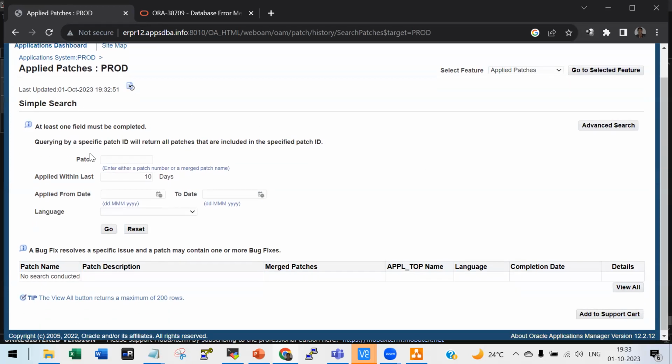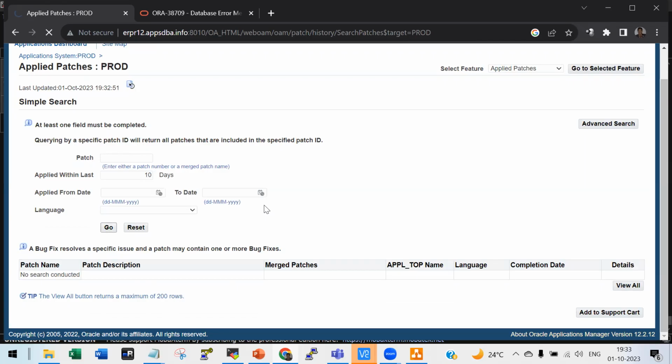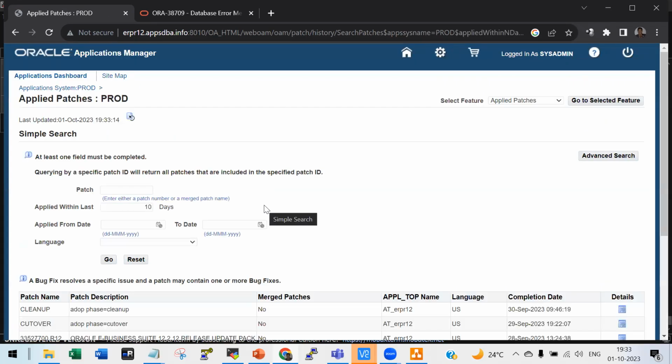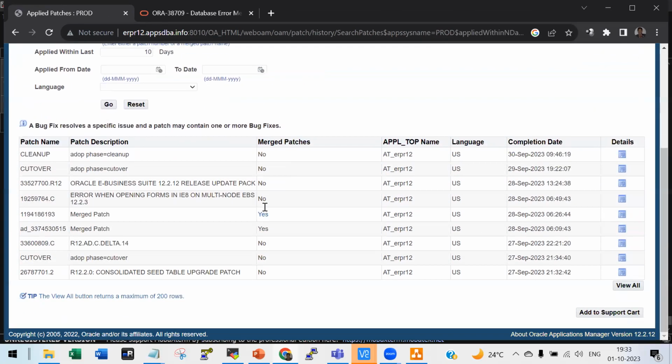Come to applied patches and say go. Right? See, this is what I have applied, like the ADC or 12.2 consolidated. Yesterday I discussed, right? The 12.2 patches. See, this is the main patch. And if you want to see how much time it took,